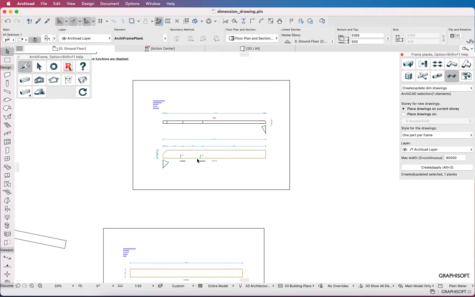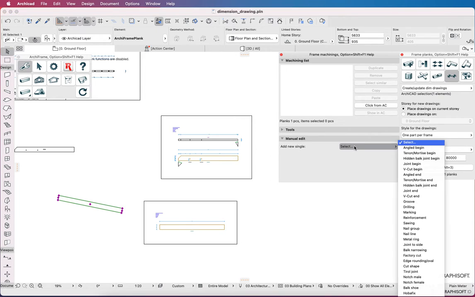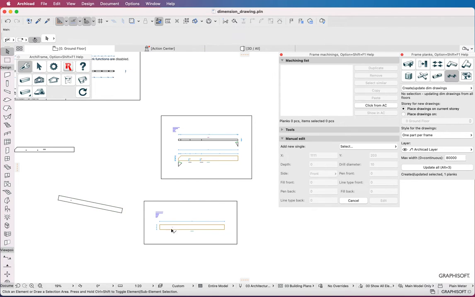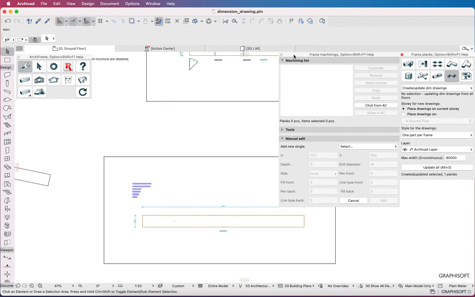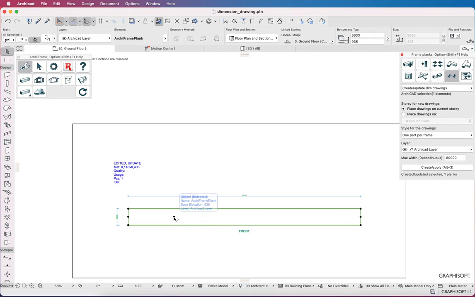Let's make this second dimension drawing a bit more interesting. If we drill a hole into the original plank, it will be shown on the plank and also on the projection.